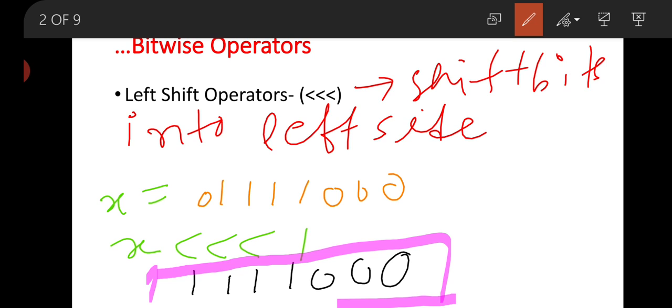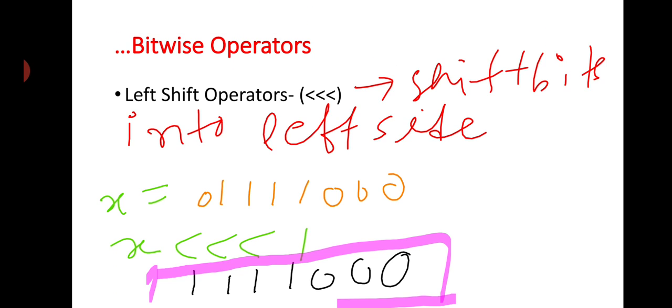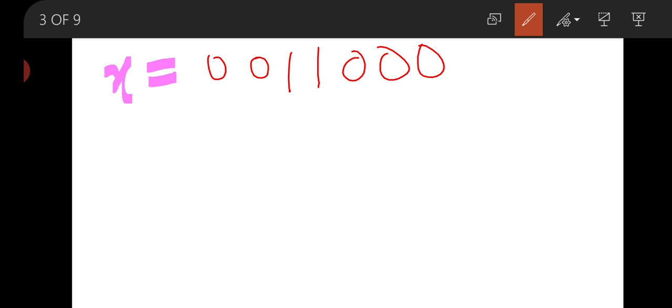Now if we are going to see another example, suppose we have taken x equal to 0 0 1 1 0 0 0 1.